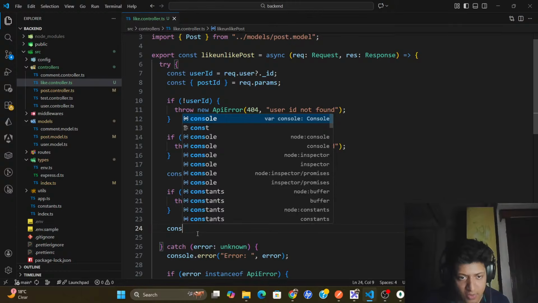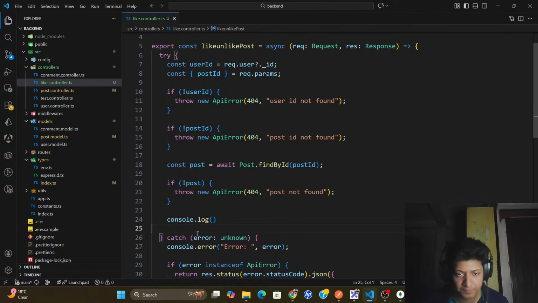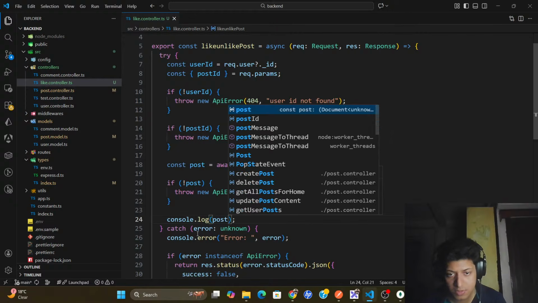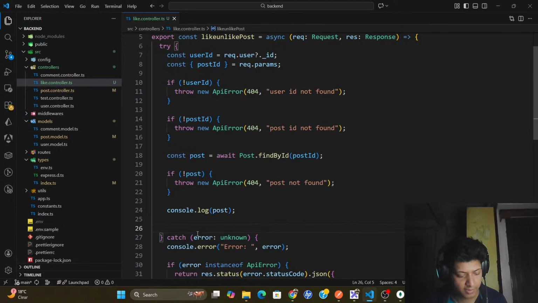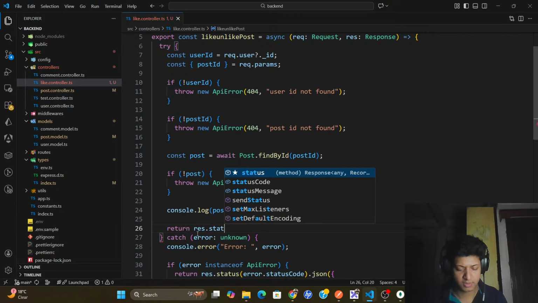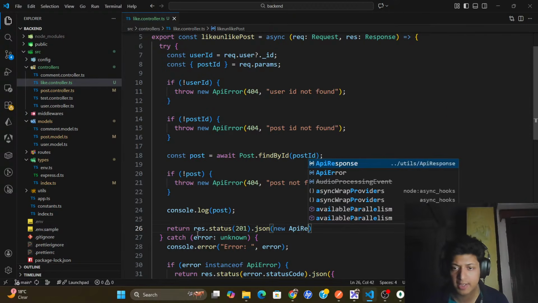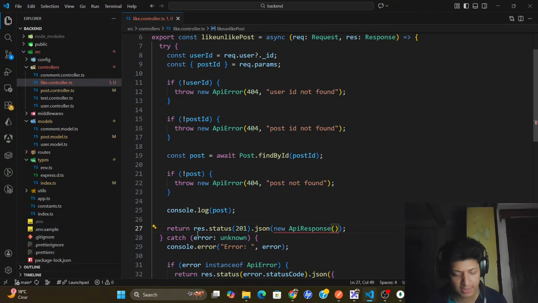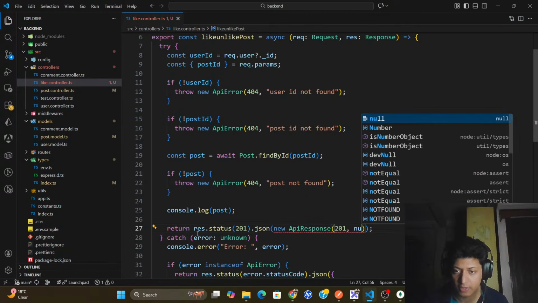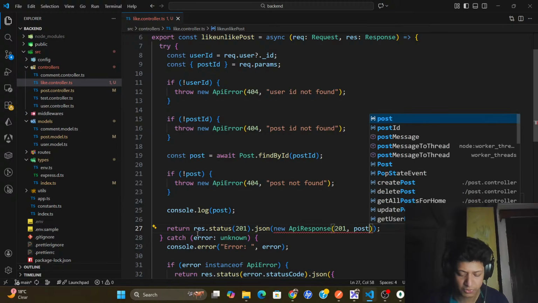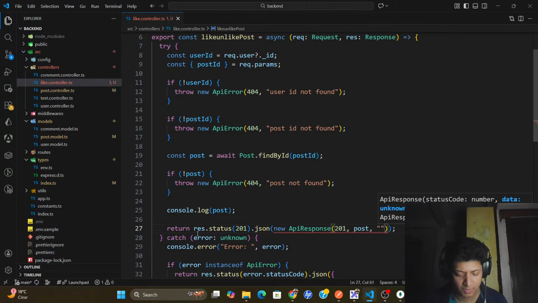Let's just see what I get in post. Console.log post. I'll return a dummy response: return res.status 201 .json new API response. I'll pass the status message, data will be null for now. Let's pass post only, and the message will be